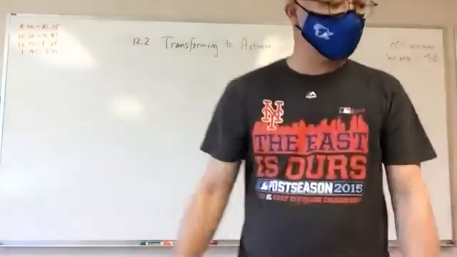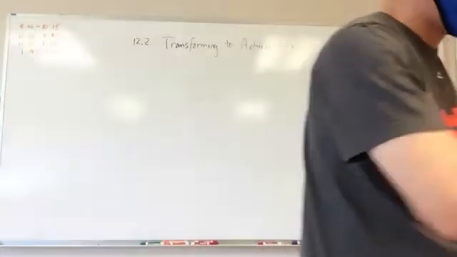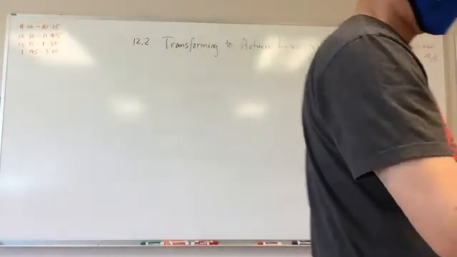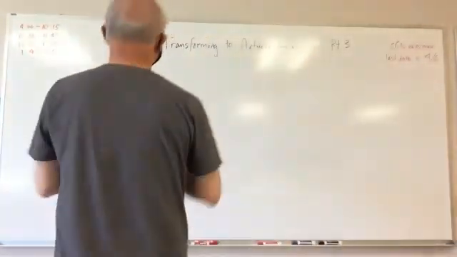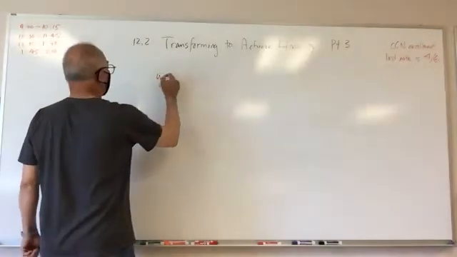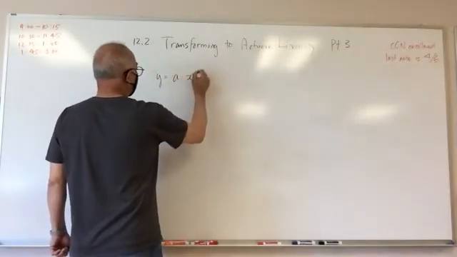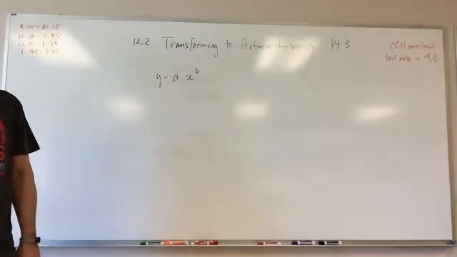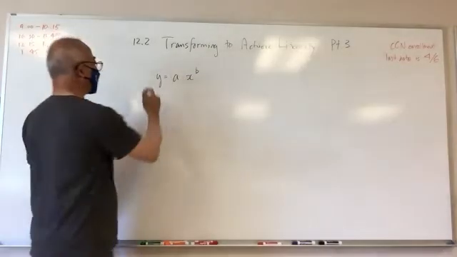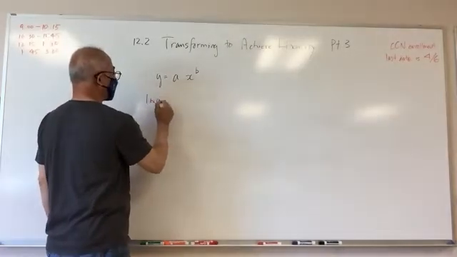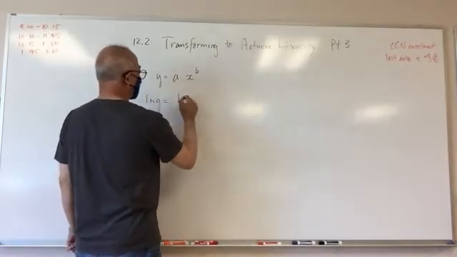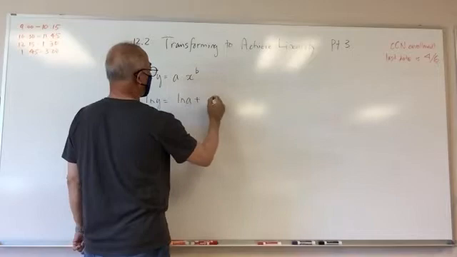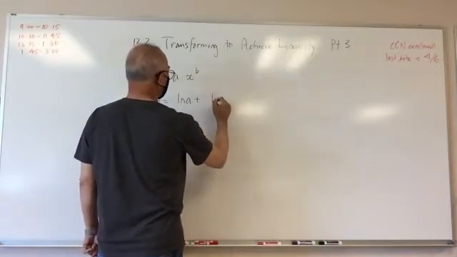Okay, so last time we were here, we did transforming with logarithms. We did how to transform a power model, right? The power model meaning that it looked like this. Okay, and how do we achieve this? We took the natural log of both sides, right? Natural log of y is equal to natural log of a plus natural log of